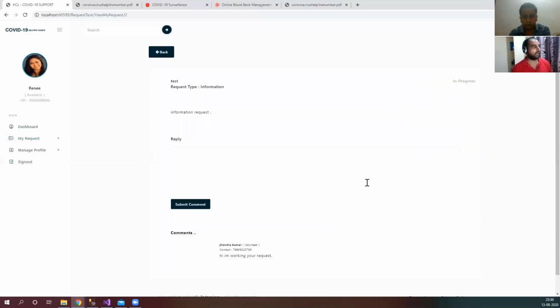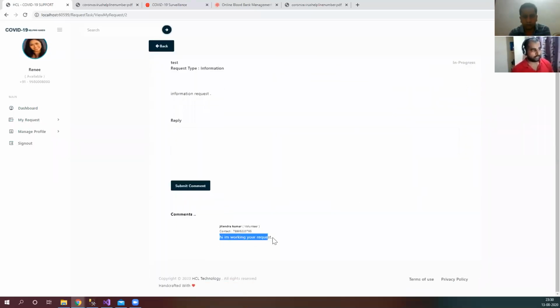something was the test, so it became in progress, which was in the requested state. I will see whatever comment the volunteer has left, and I will be able to view it from here, and even the volunteer's contact details. Through those contact details, we can reach him to find out the status of this request, or if we need additional information or more clarification from the volunteer, we can directly use the phone number instead of the comment.